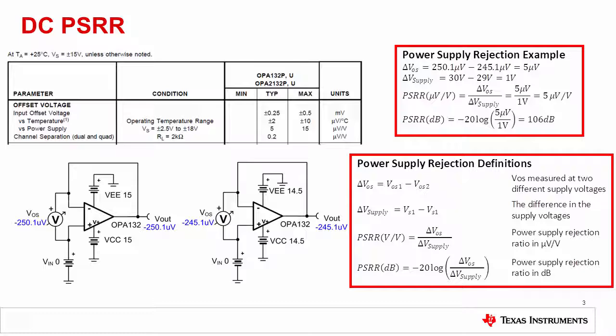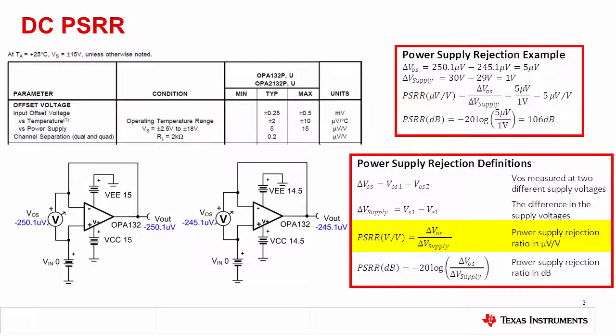The datasheet table provides a typical and maximum DC power supply rejection, abbreviated PSRR. Later, we will look at the characteristic curves to show the AC PSRR. Note that PSRR can be given in volts per volt, microvolts per volt, or in dB. This slide shows a simulation and calculation where the power supply is reduced by 1 volt. Note that the positive and negative supplies are both shifted equally by 0.5 volts. In the next slide, we will see the implications behind making symmetrical and asymmetrical changes in the power supply.